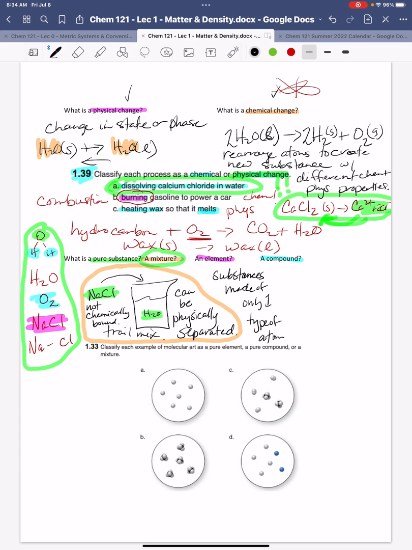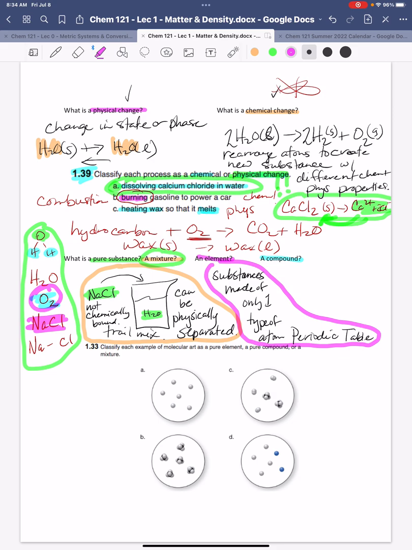Okay, and the periodic table, which we will talk about next week. It's called the periodic table of elements, right? And so the big idea there is elements are one type of atom, okay? So actually oxygen can be classified as an element, and they are all represented on the periodic table.